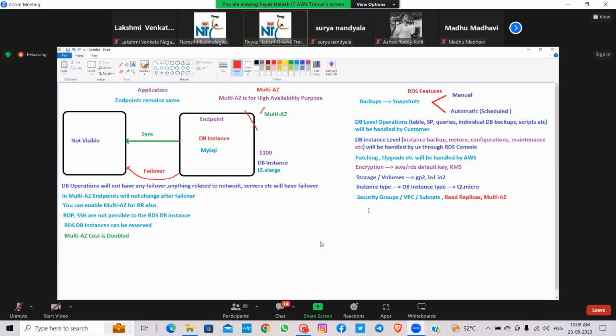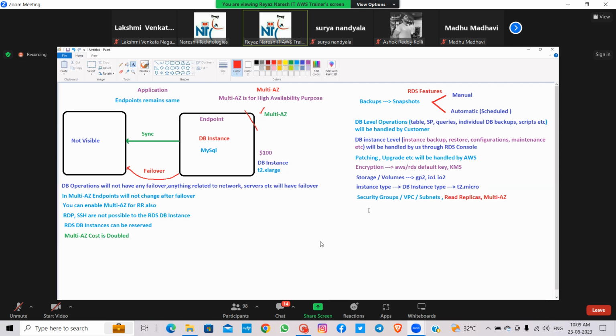If you select cluster, one primary and two replicas will be created automatically. It's like a template. Otherwise, if you go with the standalone, or the normal multi-AZ, one database instance will get created. Or you can create your own replicas if you want.